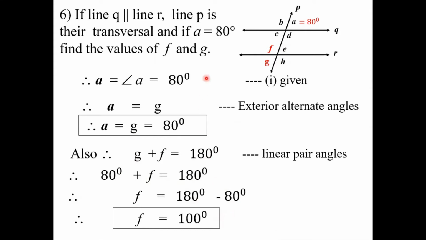Students, you are supposed to write it very systematically, and for the final answer, make a habit to make a box, and you can also write answer number 1 and answer number 2. In this way, you can complete question number 6. Now, in the same manner, we are moving to the next question, that is question number 7.